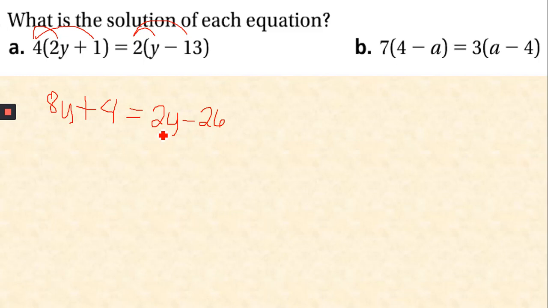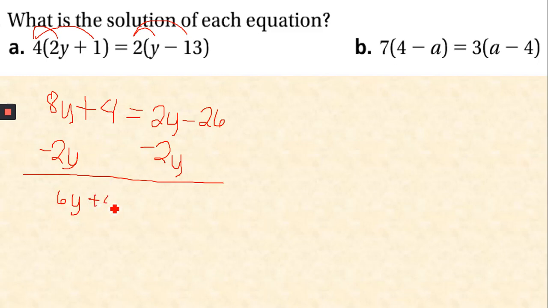So we have to get the opposite of 2y, and that is negative 2y. We're going to write negative 2y on both sides of the equation. So you now have 8y plus negative 2y, that is 6y. Bring down positive 4 is equal to 2y plus negative 2y, that is 0. Bring down negative